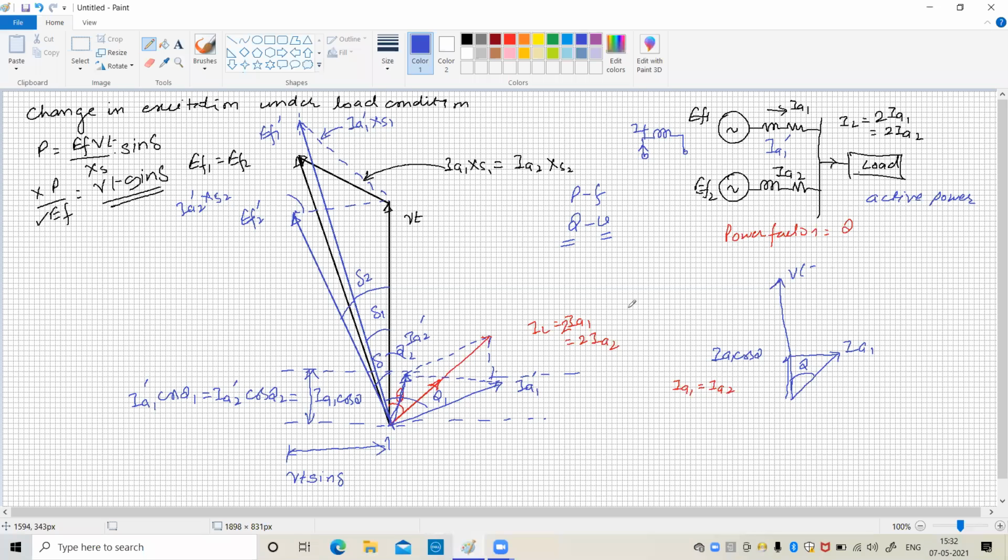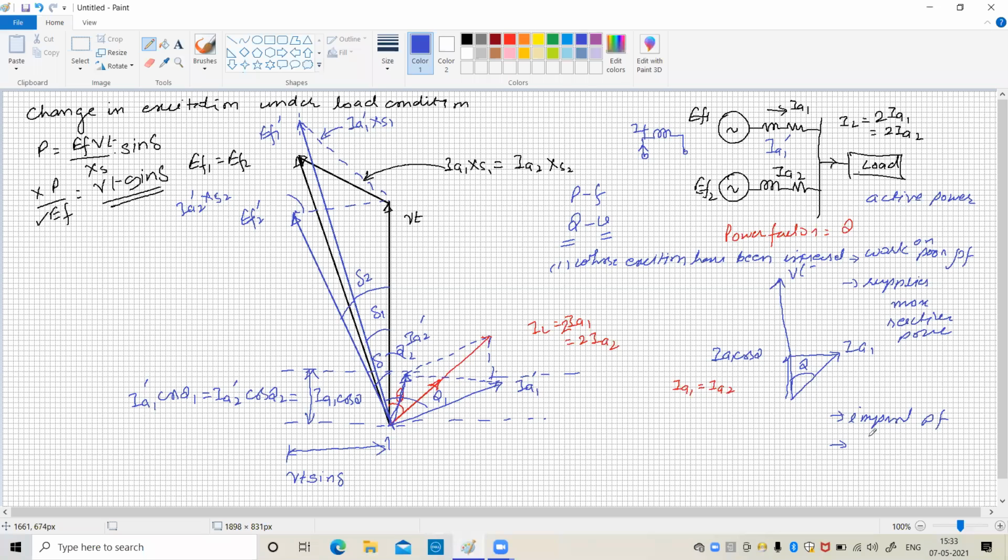So our conclusion is that, conclusion number one, the alternator whose excitation has been increased works on poor power factor and supplies more reactive power. Second, the alternator whose excitation has not been increased will work on improved power factor